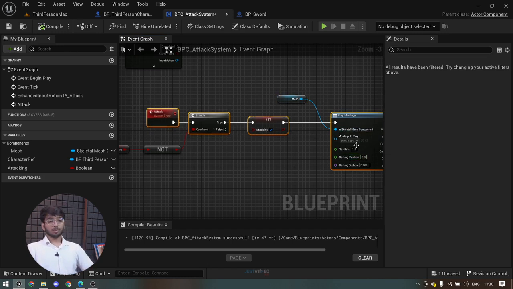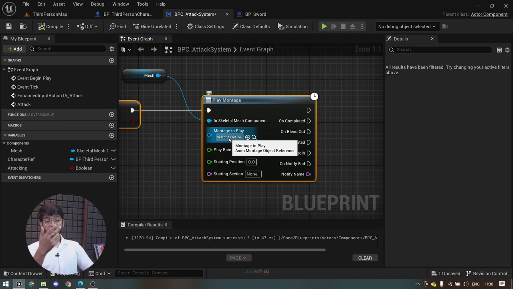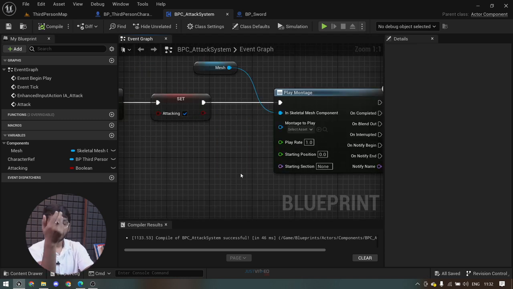And now what should we do? If we just set one animation, we'll play only one animation. So here we will be using an array. Think of an array as a list of related data. So for the definition, it is